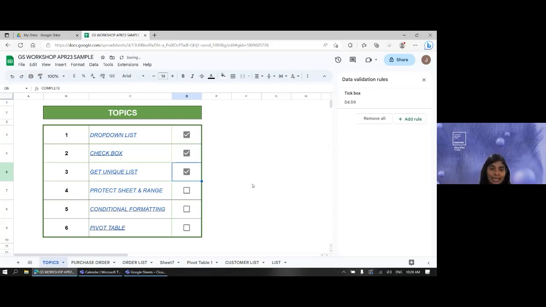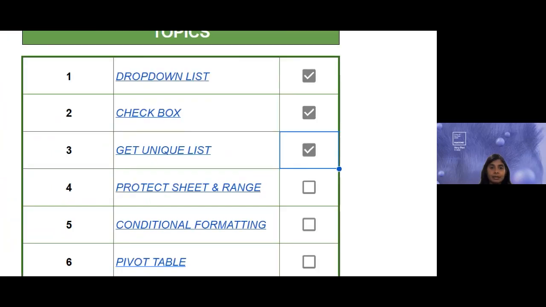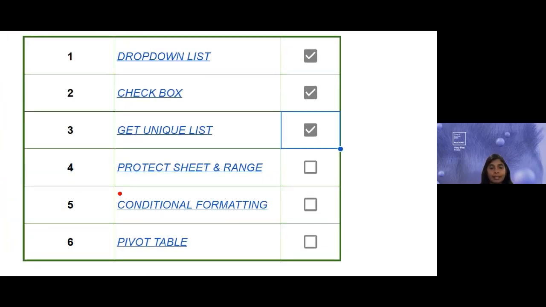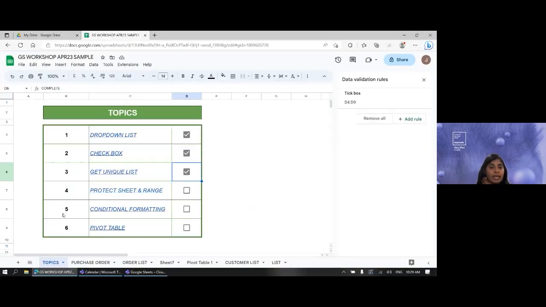Okay. Then next, I would like to move on to the protection of your data range here. Usually we create template forms or templates or even reports. We are setting up a lot of formulas and formatting, and we don't want the other user to simply edit those data. So in order to prevent them from editing those, we can protect the sheet or the